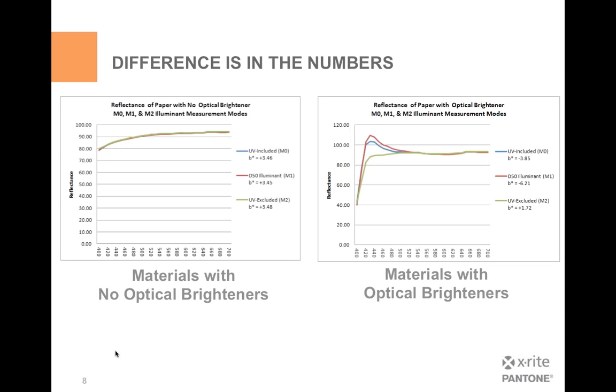M3, because you're adding polarization, will change the numbers, but that's usually done when you have a specific need for that kind of cutting of that first surface reflection. So if we look on the right side, though, now we're looking at papers that have a lot of brighteners in there, and we can see that that curve, especially in the low end of the scale, down in that 420, 440 range,